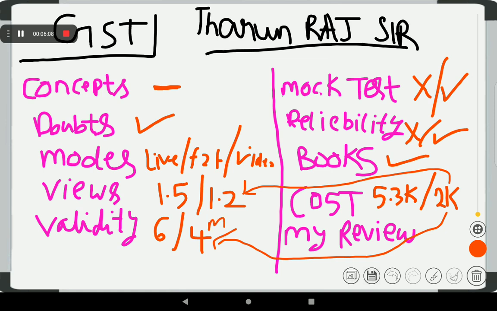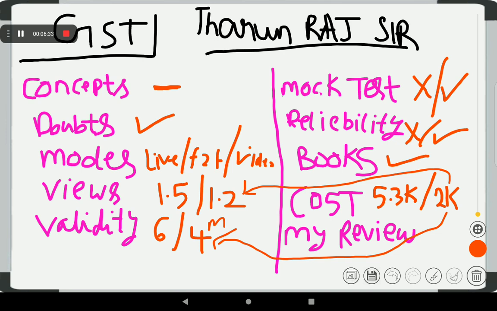Yes. So this is about my review. I will say that you can see the demo lectures and go. And if you ask whether I will recommend, actually I won't just recommend it, because for me the classes were not working out. For my exam attempts, about 20, the marks were not going above, because I did all my hard work. I practiced every question, but still marks were not going up.